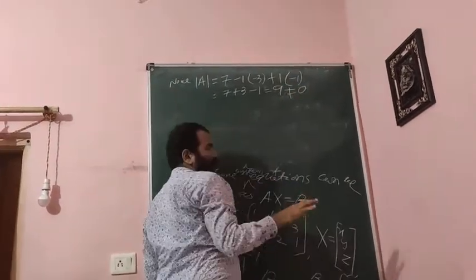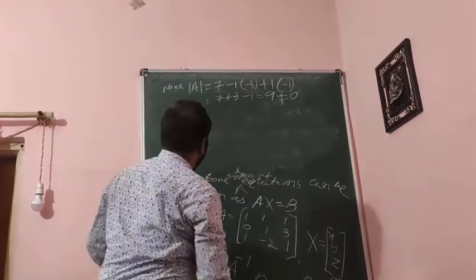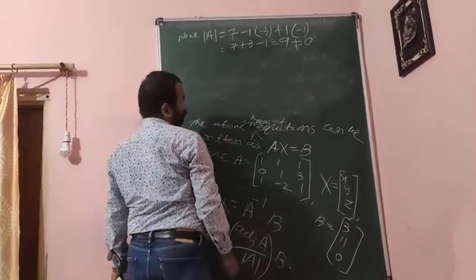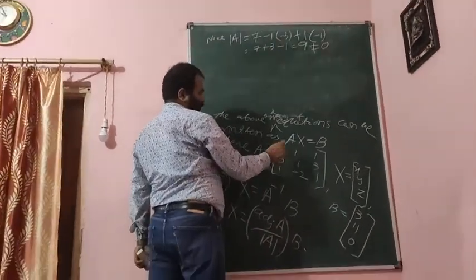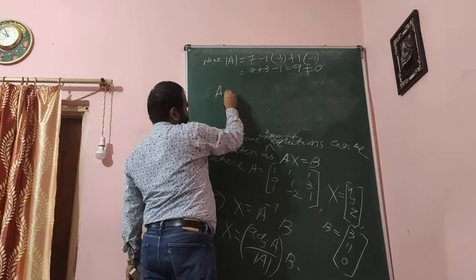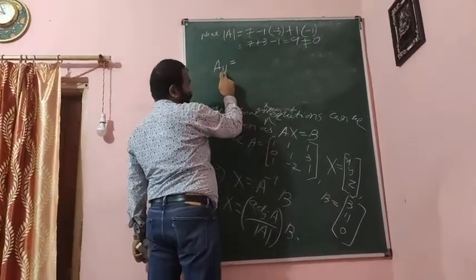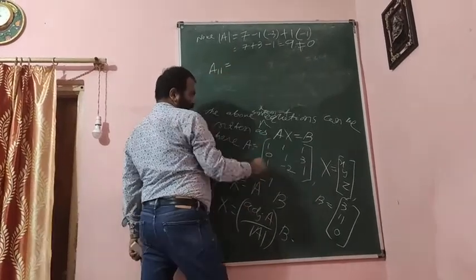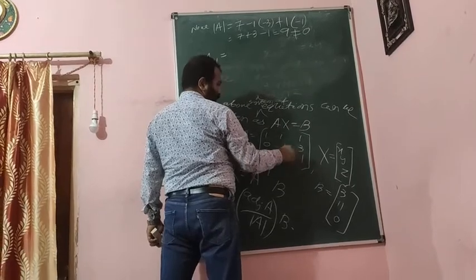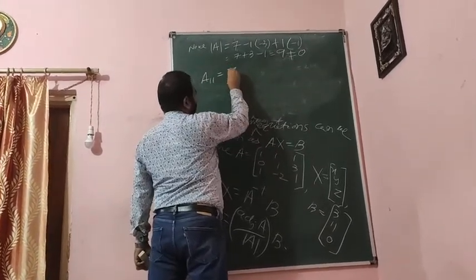So you know here a unique solution you will get, and the system is consistent. So now we have to find the adjoint. Before the adjoint, we have to find the cofactors. So what are the cofactors? Capital A11, the cofactor of this. It is 1, meaning the sum is even. So you omit this row and this column, you will get 1 minus 1 plus 6. It is 7.